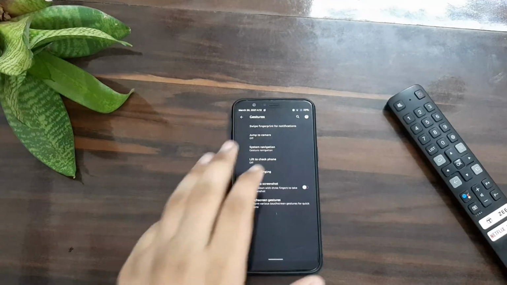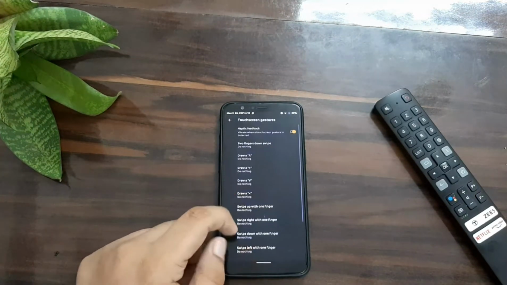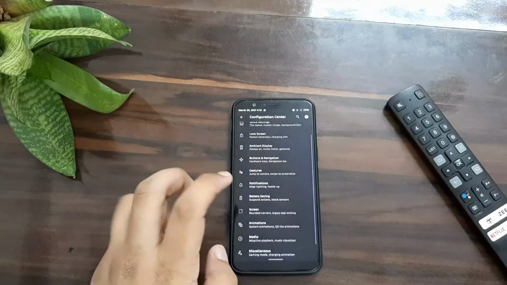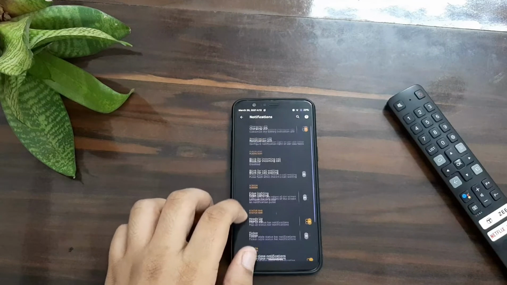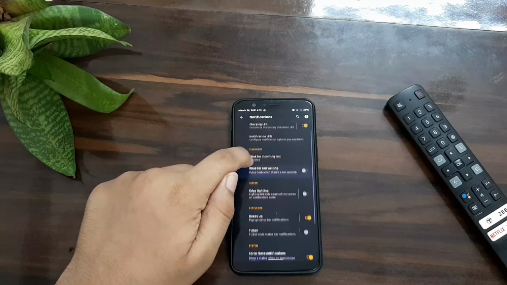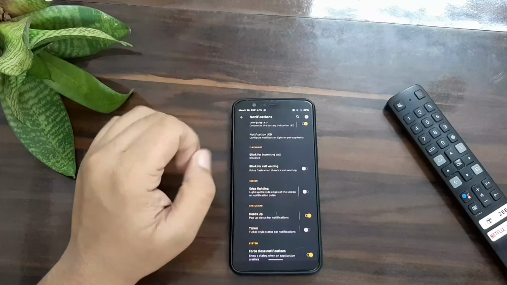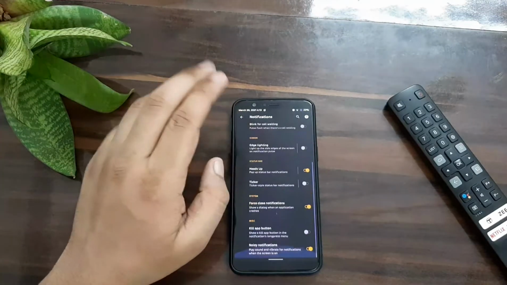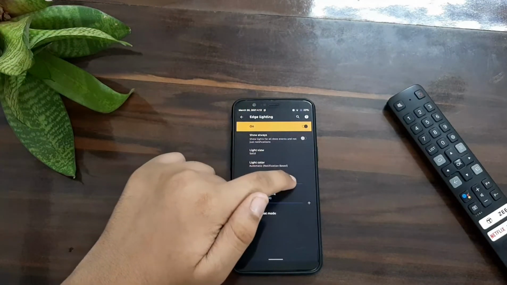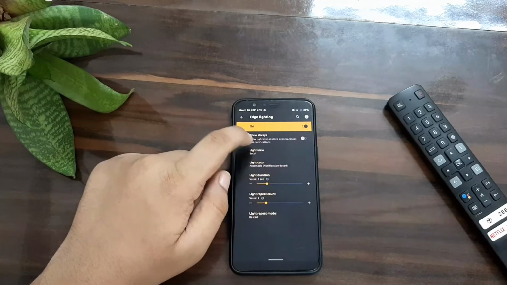And swipe to screenshot, like three finger screenshot, it also works. And you can enable screen off gestures also here like this. And here's the notification section, lots of options for charging LED, notification LED, and you can blink for an incoming call like this. If your phone's screen is off, you can know that a call is coming. And it's the edge lighting, so you can change the duration of edge lighting and repeat count also.